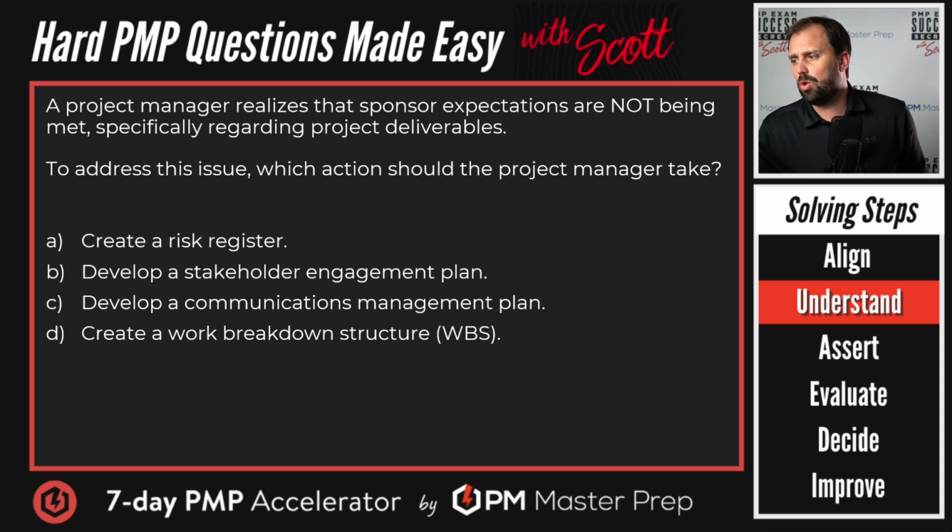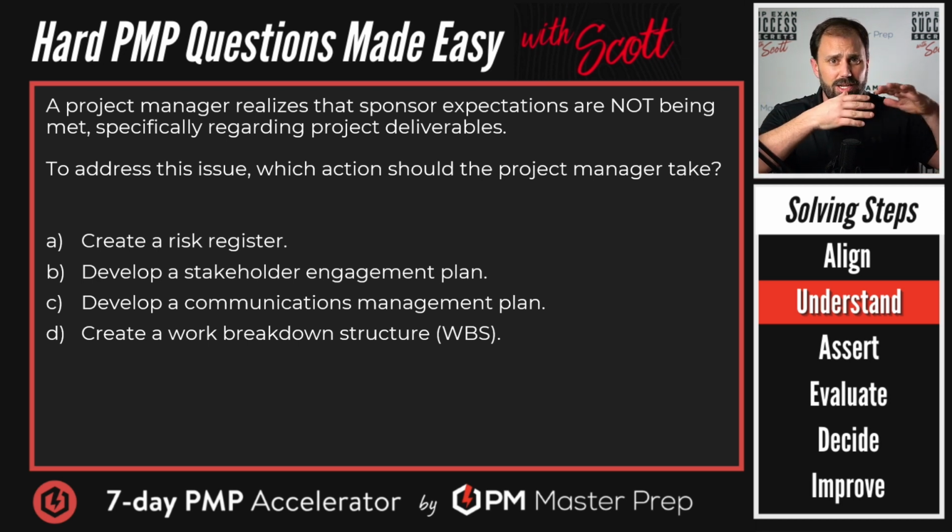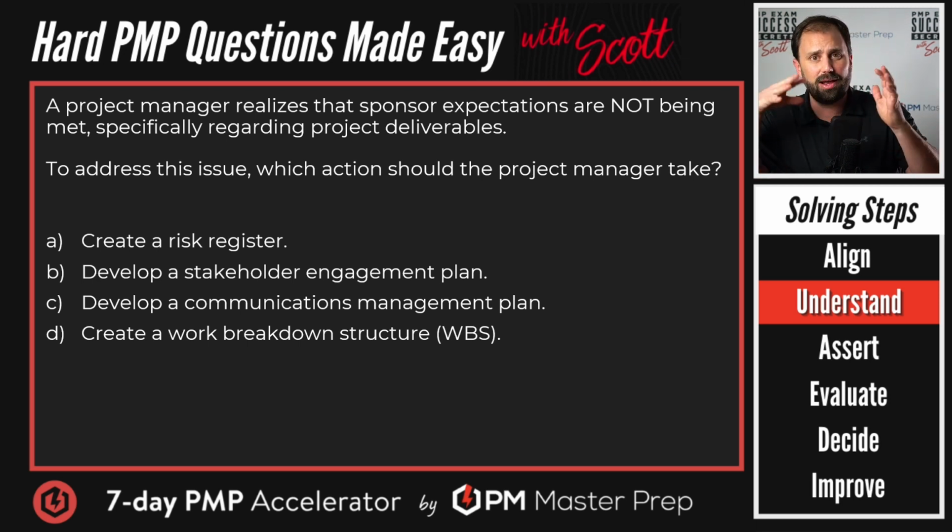Wow, it's short and sweet. Cool. So, sponsors' expectations are not being met. What kind of project do we have here? It says regarding the project deliverables. Since we are talking about deliverables, big picture things, I would lean toward waterfall, because if it was agile or hybrid, we could just change what's in the backlog and modify it next sprint. But right now we have them defined in the baseline. So waterfall neighborhood is where we're living right now.